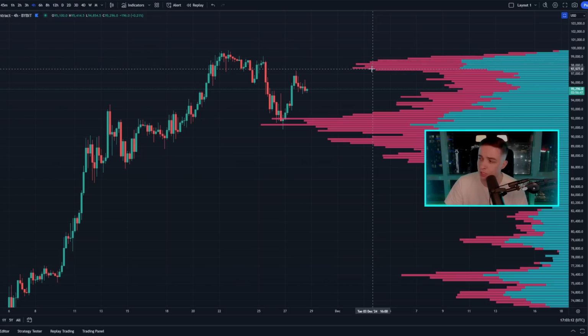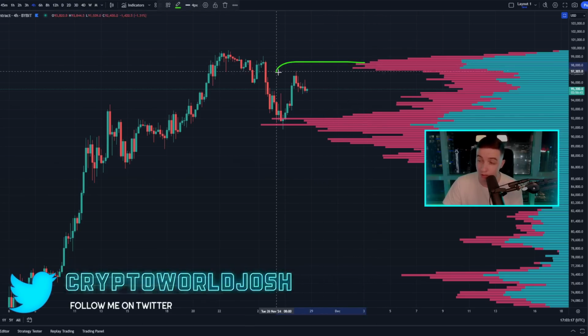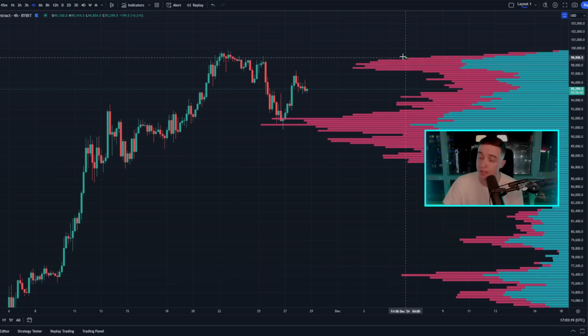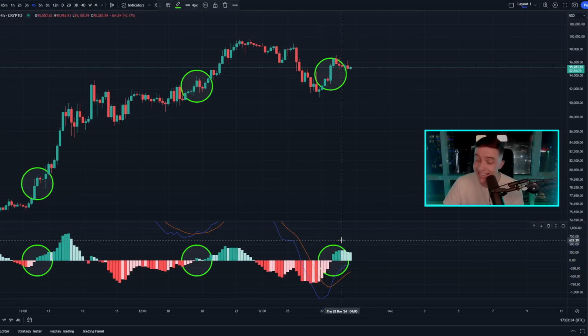So pretty much in between around 97 to 98K approximately, we have a lot of short-term resistance in that region based on this VPVR indicator. And if we're staying on the 4-hour time frame, taking a look at the 4-hour Bitcoin MACD,